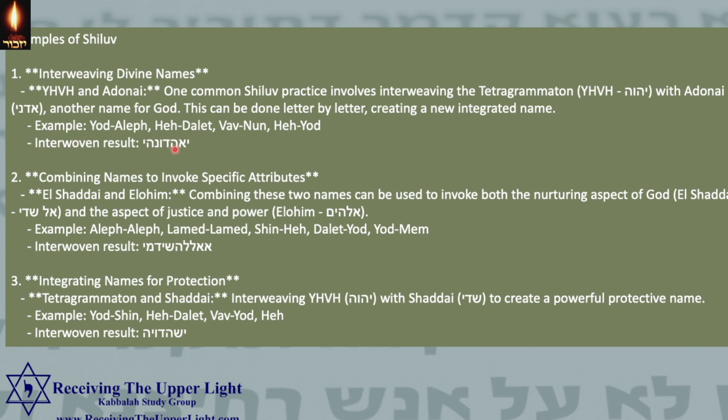For example, Yod, Aleph, Hey, Dalet, Vav, Nun, Hey, and the Yod. So you have the Yod, Hey, Vav, and the Hey from the Tetragrammaton. And then from Adonai, we're going to have the Aleph, Dalet, Nun, and the Yod. And this is how we put them together, and in creating this structure we are basically